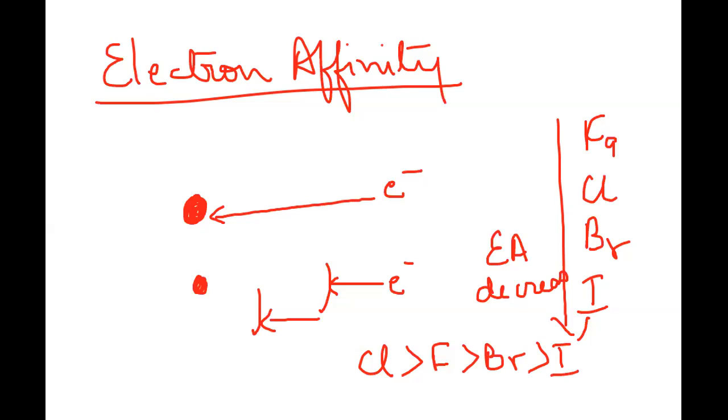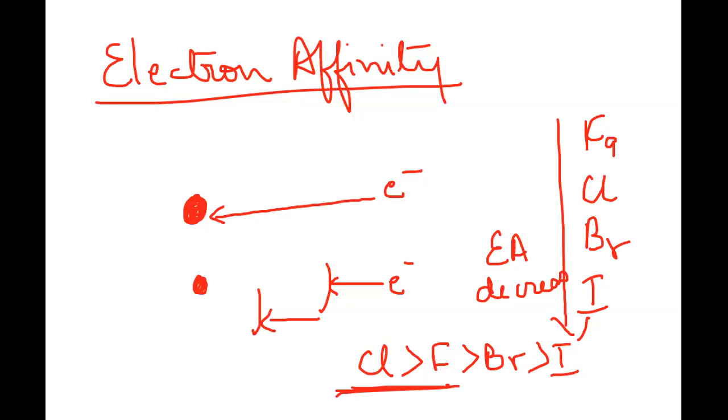And therefore, if an electron is added to that small second shell, then due to the increased electronic repulsions, the amount of energy that it will release, or the measure of its wanting the electron to be added, will be less compared to that of chlorine, because in the case of chlorine, the electrons are going to be added in the third shell. So this anomaly is seen in the vertical trend of electron affinity values.